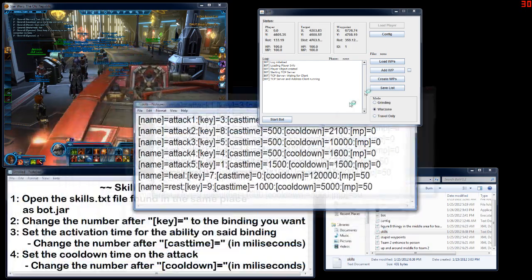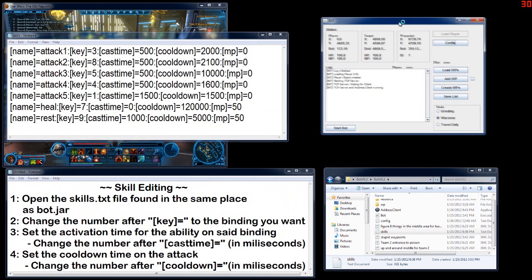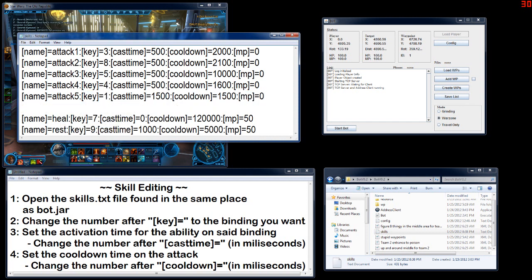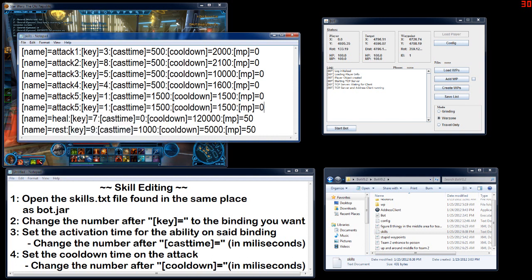Okay, let's go ahead and go into skills. You're going to open up the same file where you found your bot.jar. You're going to open up the file that's a text file called skills. These are your attacks that you will use while the bot is running around. You can have it in 2 different settings. You can have it set to